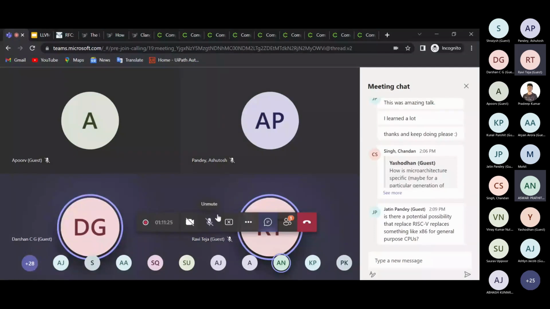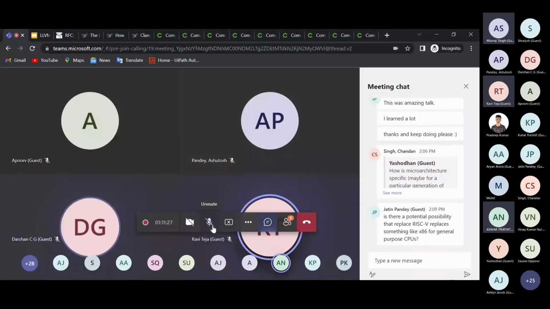Actually, I had a question. I wanted to ask how can a complete beginner, someone who knows a good chunk of C, C++ programming and wants to get involved in compilers, get started? Can you give some advice on how to get started for beginners?